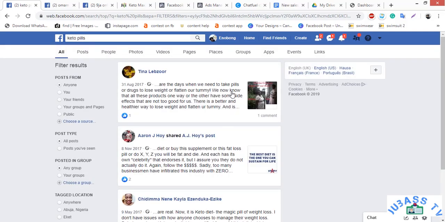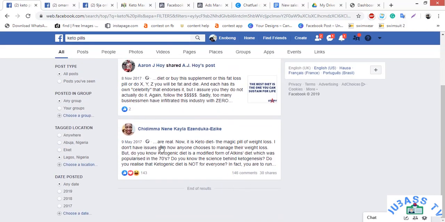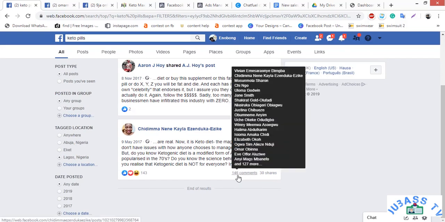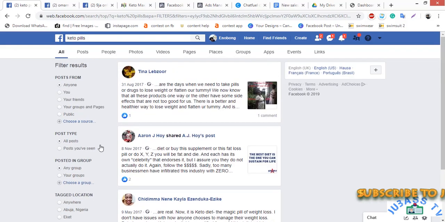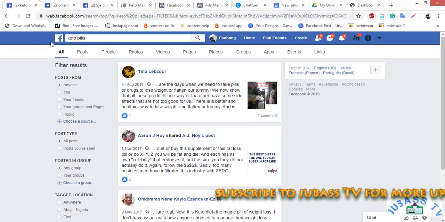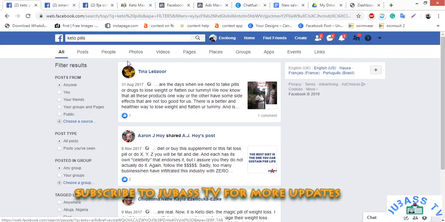Okay, so this is things on kettle. This post already has 156 comments and 30 shares, meaning this person is probably popular by now. Or maybe this post just went viral for no reason and nobody knows her anymore, which could be the case. So we can tell that with this search, these pills are available in the country, but not so popular.